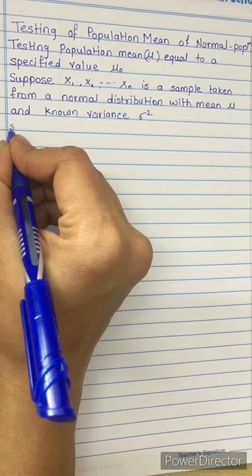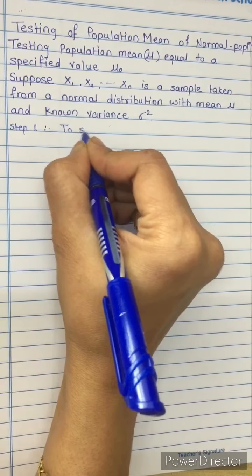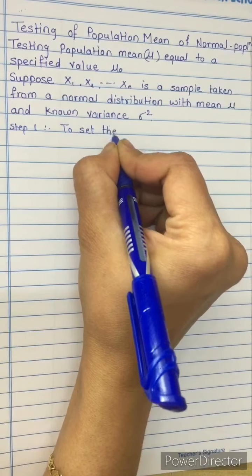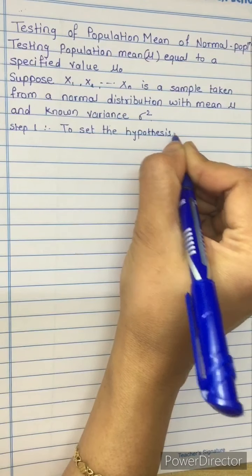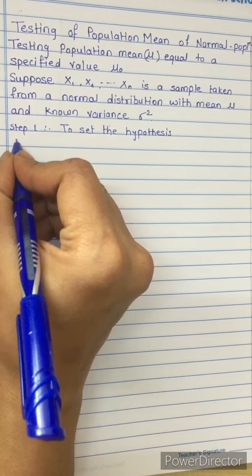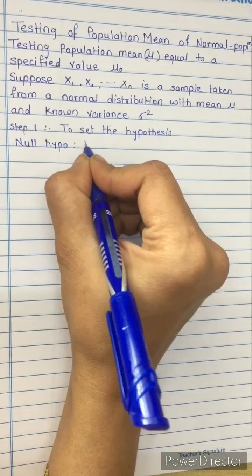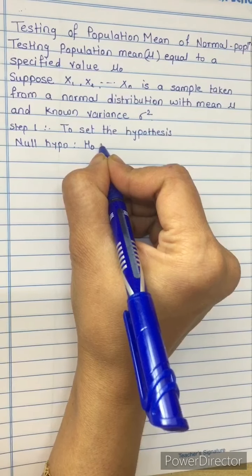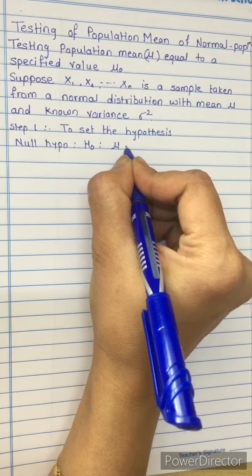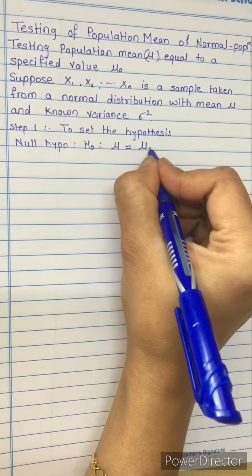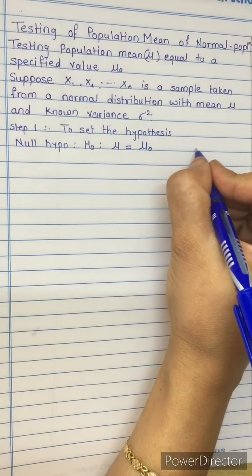First step, to set the hypothesis. So null hypothesis we set as H naught. We denote null hypothesis by H naught, which is having no difference. So whatever value given to us for mu mean, we consider that is correct. That is mu naught. Okay. Against,